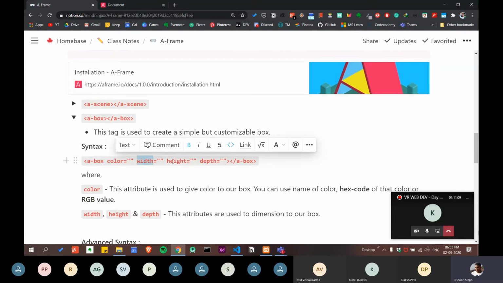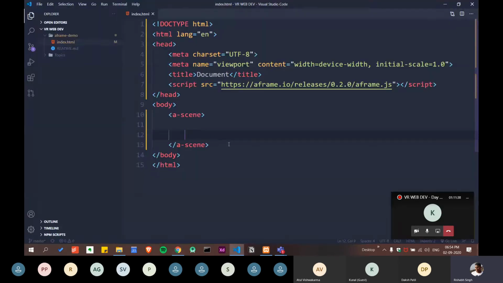We are going to give it a width, height, and depth, because of course the box is going to be a 3D box, because we are going to see it in virtual reality, which is a 3D environment. So it should have all three values: width, height, and depth, and color also. You should give it some color. So now I can just go back to my VS Code,